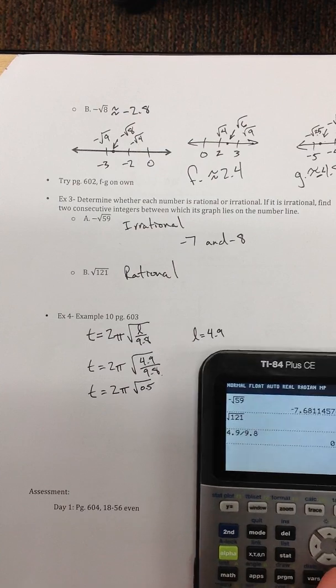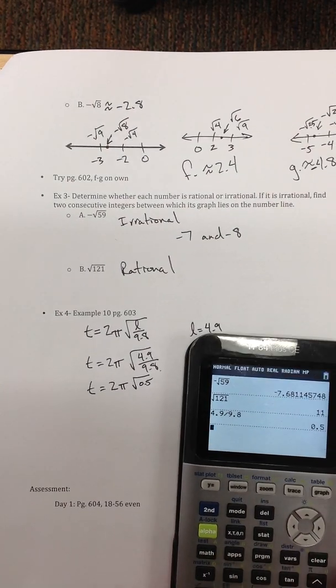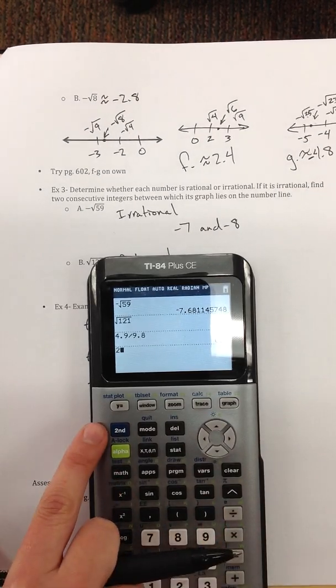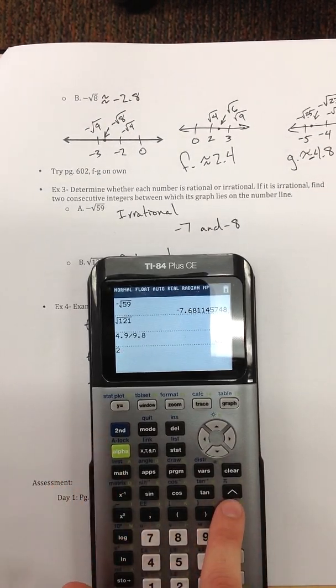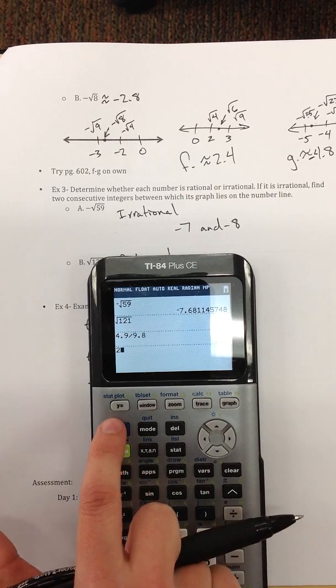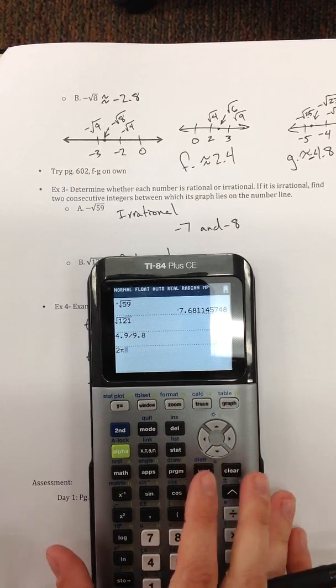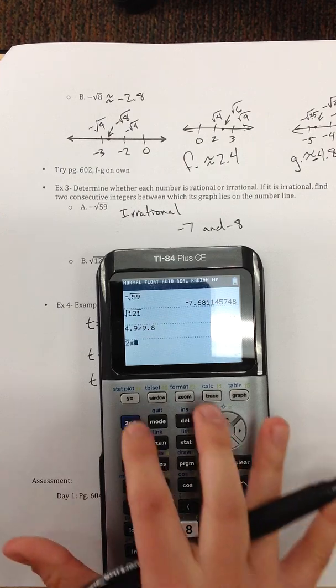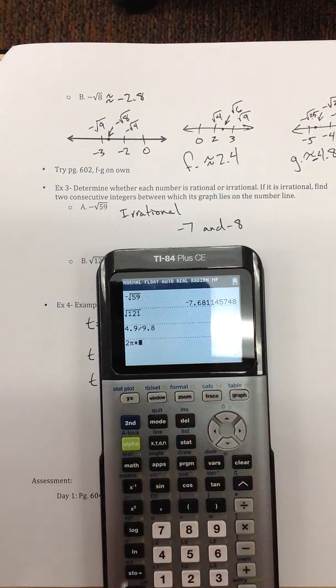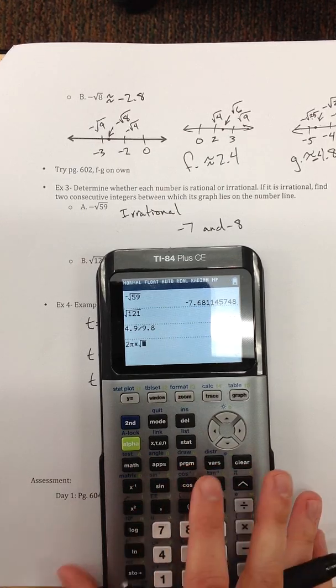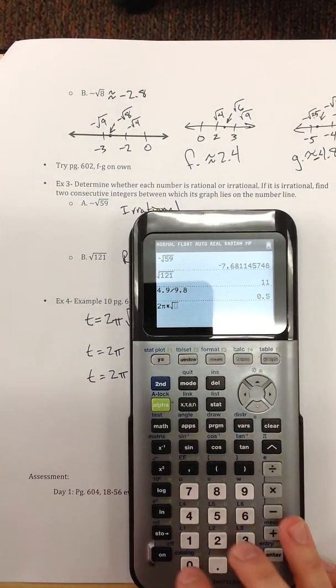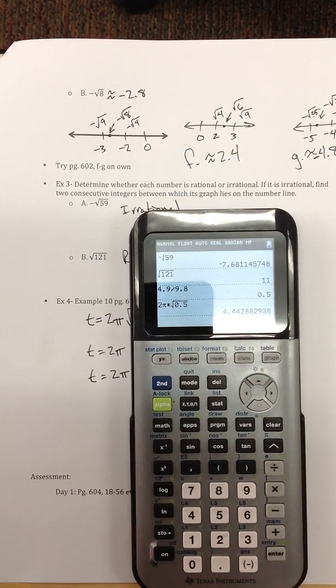So then from here, probably what I'd do is I'd just do it out on my calculator. So I would do 2 pi. So 2, your pi button, you'll have to use the second for the shift. And then it's the one that's the up arrow just under the clear. So second, and then that button there, pi. You can also always use 3.14, but this is more accurate. So 2 pi, and then times. So you could put a times sign in there. You don't have to. Second, square root of 0.5, and then enter, and we get